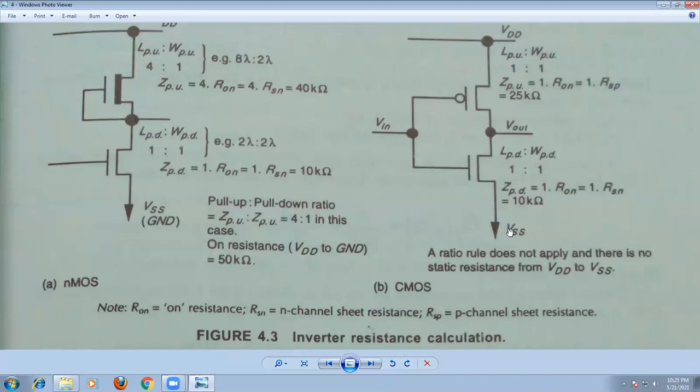So in the CMOS structure, first calculate the Ron of the P-type transistor, and then we can calculate the Ron of the pull-down transistor. But remember here also the technology is not given. So once again, we can assume 5 micrometer technology. For the pull-up, Z pull-up is 1:1, so 1 by 1 equals 1, and Ron is equal to Z into RS, so 1 into RSP. Now just see RS of the P-channel FET, the sheet resistance of the P-channel transistor in 5 micrometer technology. So what is the value?